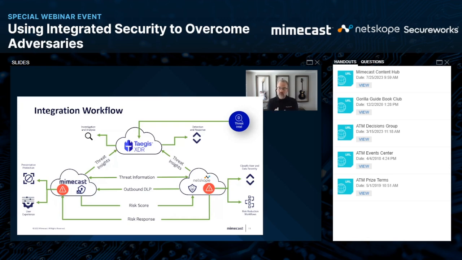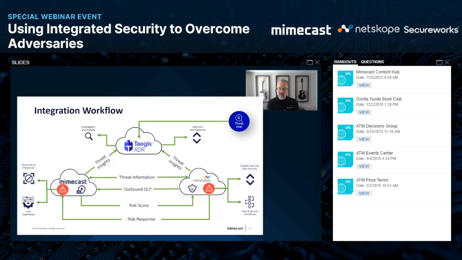And then, of course, we need to synthesize this data and enrich it with other signals in the environment, which could be EDR, on-prem network security controls, cloud platforms, in addition to Mimecast and Netskope. And we can perform a comprehensive investigation to either have confidence that this threat was mitigated and there's no further action needed, or there's more here.